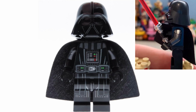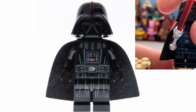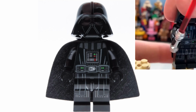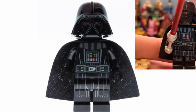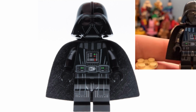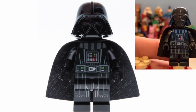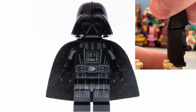It's great. I guess the head tone might have worked better if it was light grey, but honestly I still think it's great. The head, the part where it opens, is that new mold from 2016 from the final duel Death Star set that got remade last year, it is just such an incredible piece. So yeah, the minifigure, just everything is great. And this version actually came with the hard cape. It came in the final duel set,